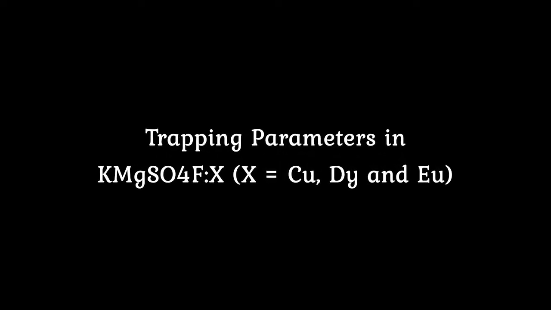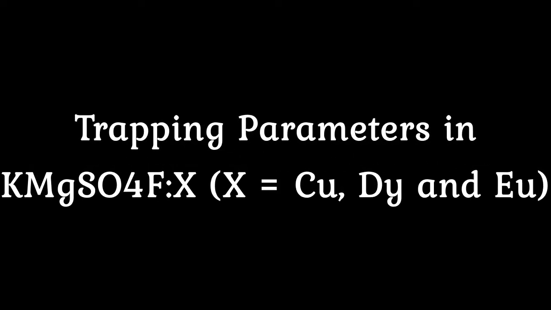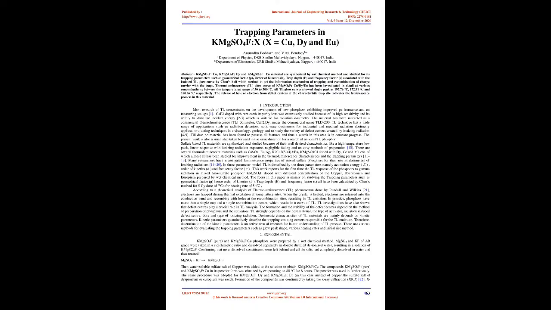Trapping parameters in KMgSO4F:x, where x equals Cu, Dy, and Eu. Abstract: KMgSO4F:Cu, KMgSO4F:Dy, and KMgSO4F:Eu materials are synthesized by wet chemical method and studied for their trapping parameters such as geometrical factor, order of kinetics, b, trap depth, E, and frequency factor, S, associated with the isolated TL glow curve by Chen's half-width method, to get information on the mechanism of trapping and recombination of charge carriers with the traps. Thermoluminescence, TL, glow curve of KMgSO4F: